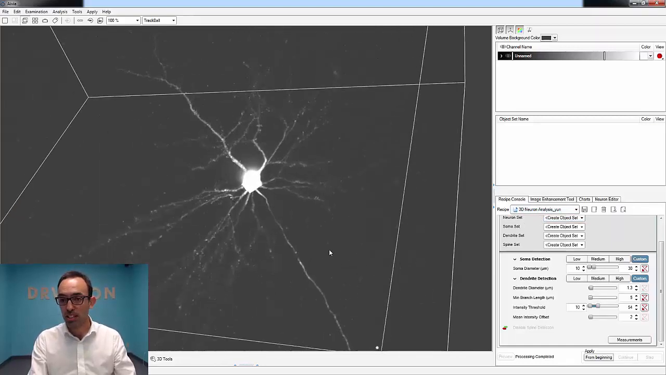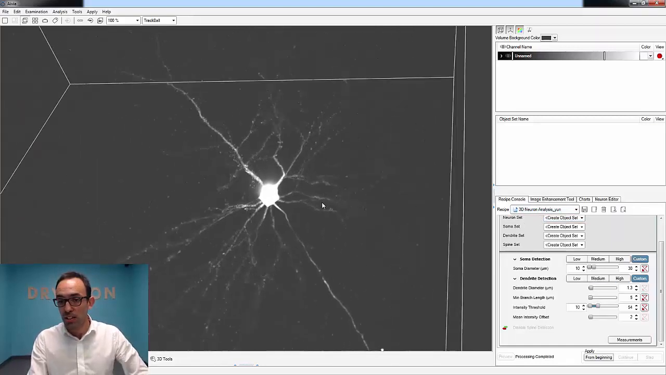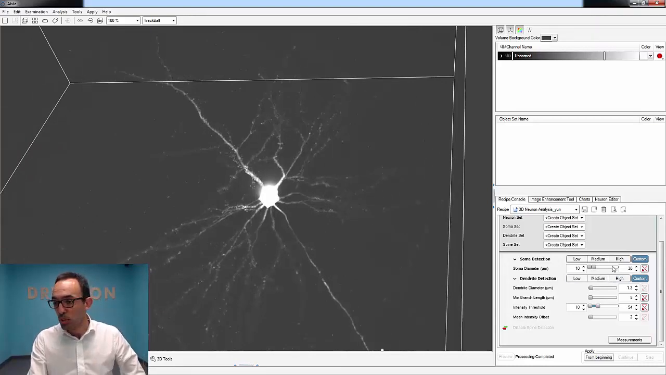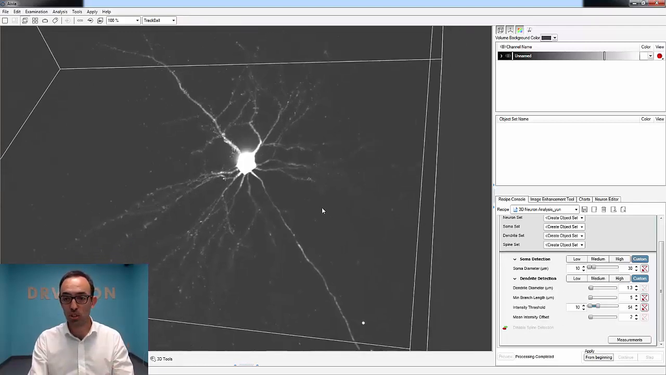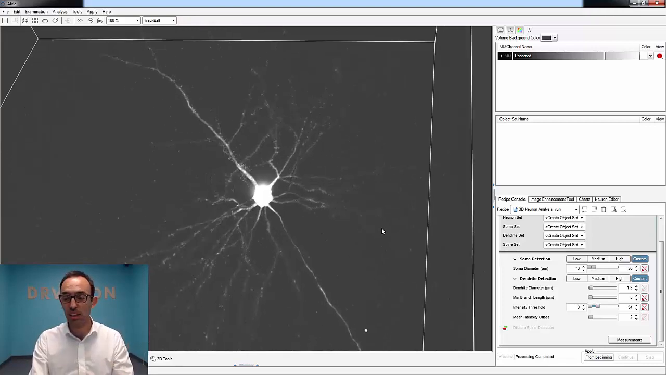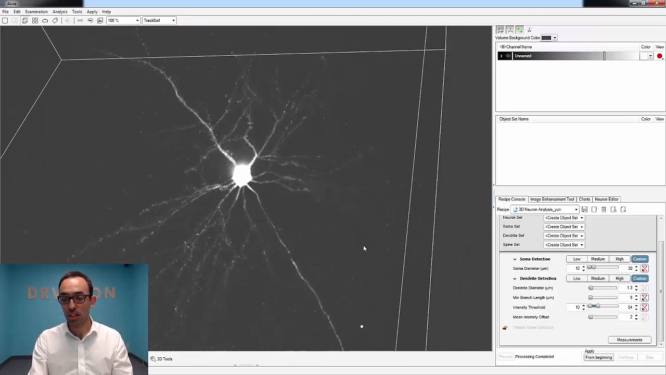So a data set like this is the one I mentioned earlier. We would need to set up some parameters, so the soma diameter, the dendrite diameter, the dendrite length in terms of the smallest branch you are likely to find, its intensity, and a mean offset. Those parameters, I will explain them in another webinar, on another occasion, so we have more time to discuss them in detail. But for today, we have it already set up in a way that is going to produce